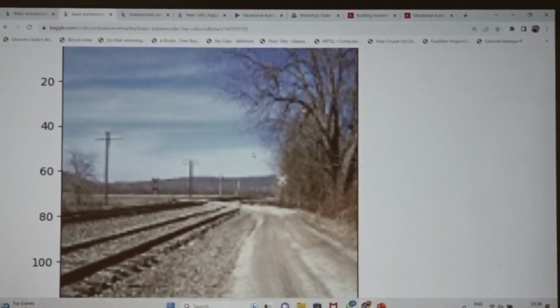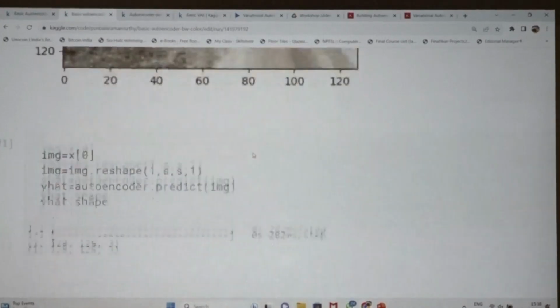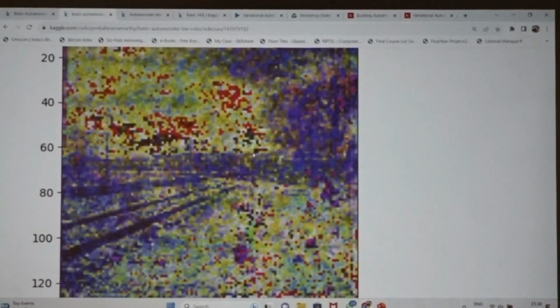After 500 epochs, this is how my model is predicting. If you increase the number of epochs, it will increase the clarity and remove all those small dots. Actually I ran nearly 5000 epochs, and after 5000 epochs I got a good color picture.